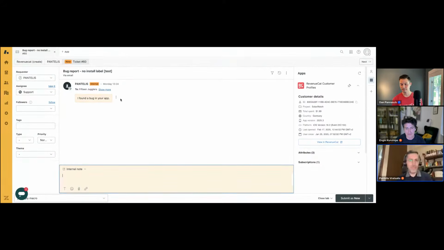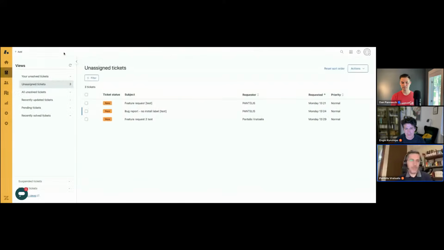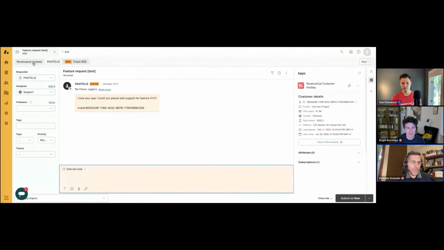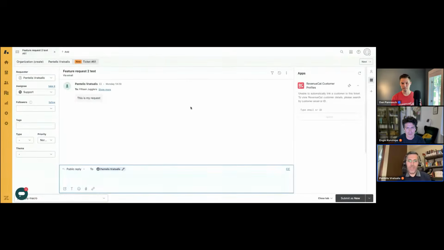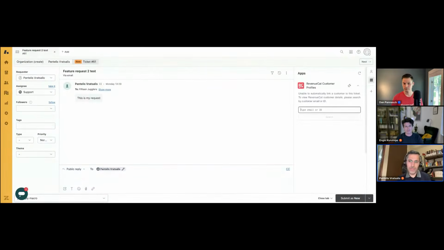The third case is when we have never seen this user before. So, sorry, I pulled the same one, this one. And we have no way of identifying the user. In that case, we can easily search still from within the Zendesk app, either using an email if we have set the email customer attributes, or using the ID if we have it available through some other way. So I will use a customer ID here, or I will use Engin's email,